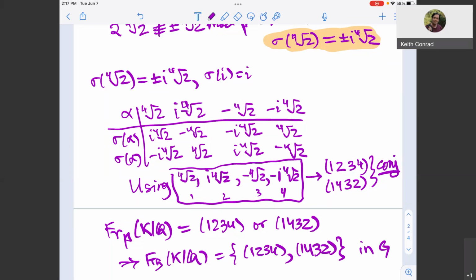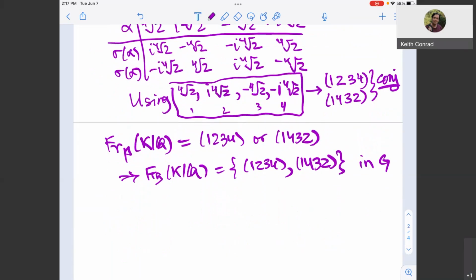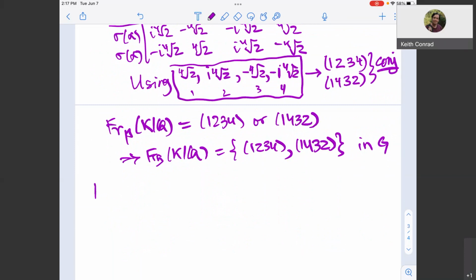So we turned the prime number 5 into a conjugacy class of the Galois group. And this same thing works for any prime except for 2. At 2, you have some ambiguity. And so you have a Frobenius conjugacy class for every odd prime. All right. And so just as a remark,